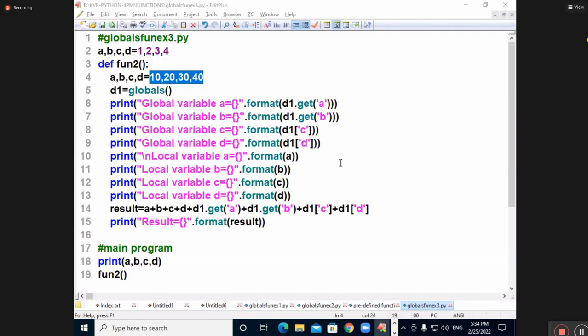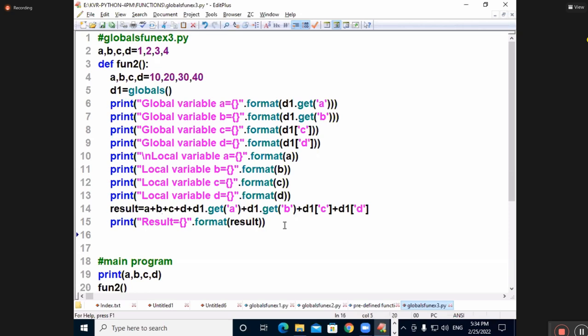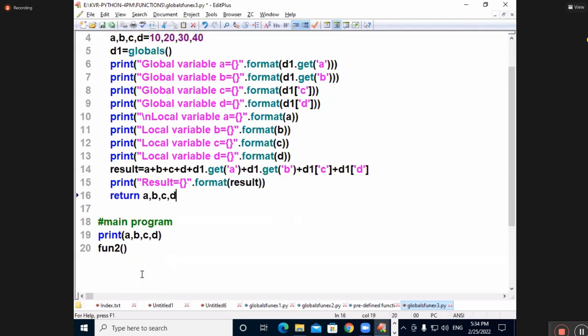Super. I already told this in my class. Return what values? A, B, C, D. Explained or not explained? You will explain everything, sir, but our brain is very small, sir. I will explain. Come on, this function is returning how many values? Four values. Four values returning means how can I take it? What can I take it in? The left hand side variable can be